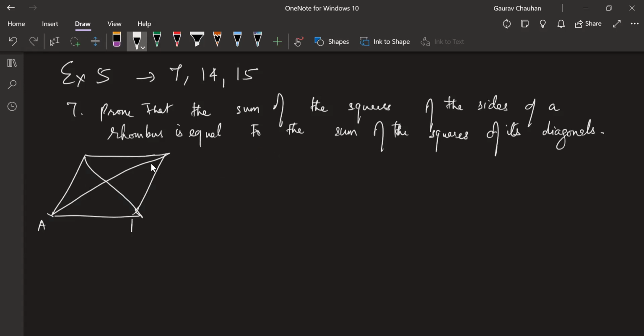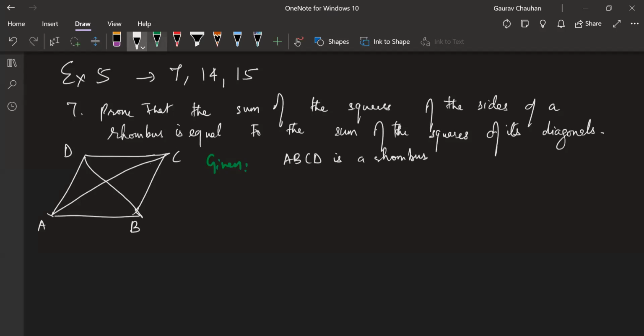So I have ABCD. I want all your eyes on the board, complete attention at all times. In the case of a rhombus, there is one very unique property which happens in a rhombus and also in a square, but we'll come to that. Let's write what is given and to prove. Given is that ABCD is a rhombus. That's all that is given.